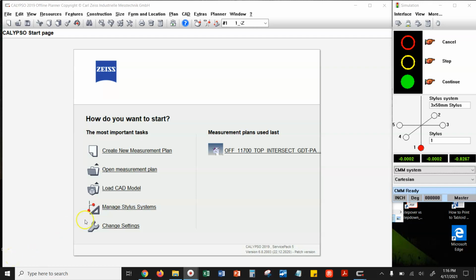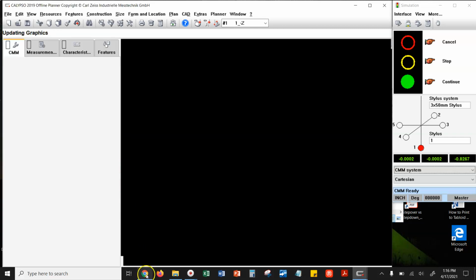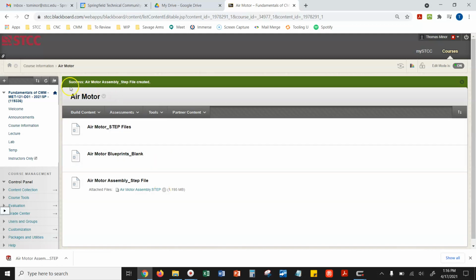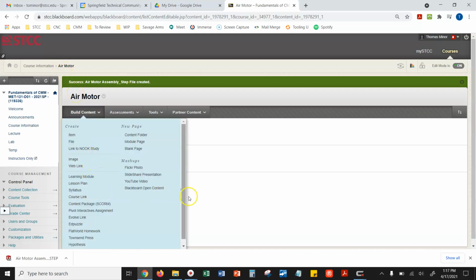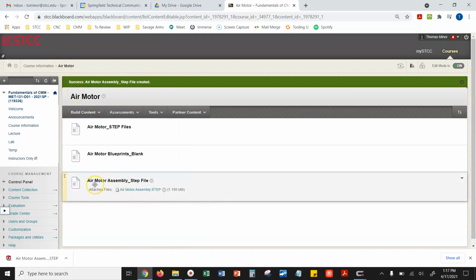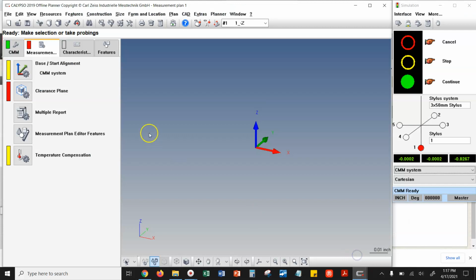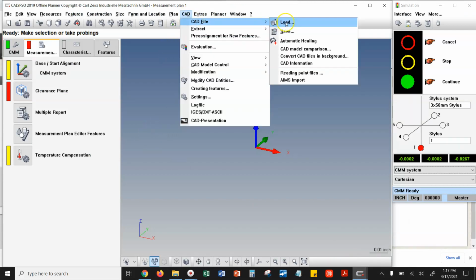Welcome to this video tutorial about how to move CAD models around in Calypso. So we'll start by creating a new measurement plan, and meanwhile, I'm out on Blackboard. I'm in the Course Information tab in the Air Motor folder, and I've already downloaded the file that is named airmotorassembly.step for step file. All right, so I have a blank file up here, and I'll go CAD file, and